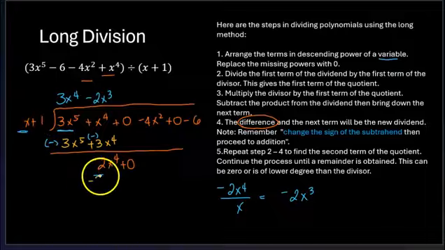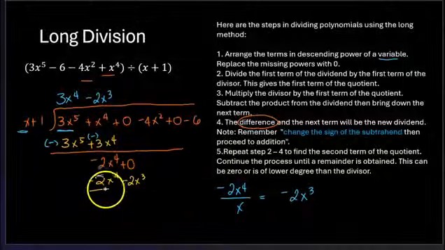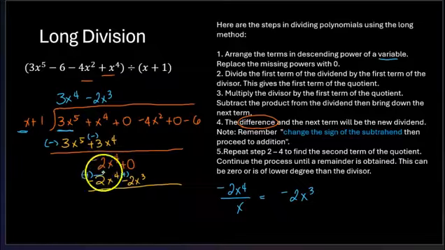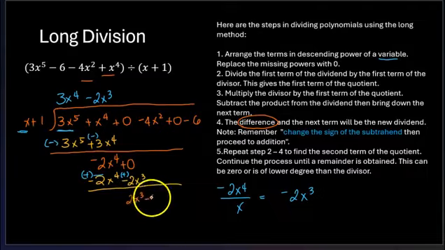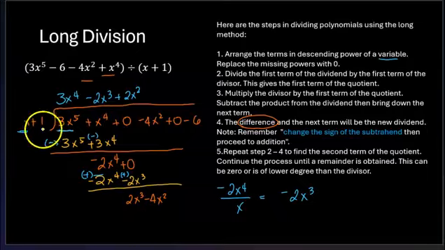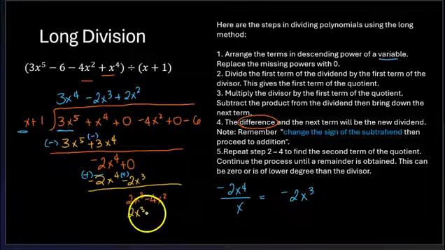So that's negative 2x to the 4 minus 2x cubed. Okay, then we apply subtraction, change the sign. Look what happens. This becomes 0, and this becomes 2x cubed, and bring down the next one. Then we repeat, just repeat. Divide, so that's positive 2x squared. So when you multiply this, 2x cubed plus 2x squared.